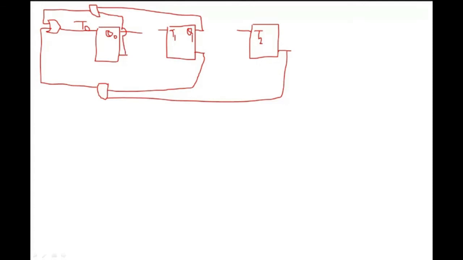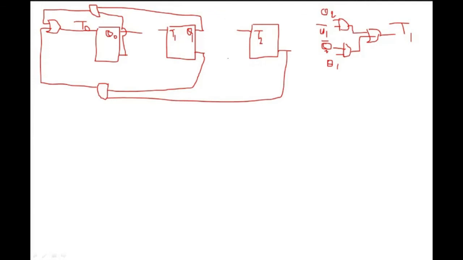Similarly for T1, it is Q2 Q1 bar plus Q2 bar Q1. So we will be using an OR gate again here, right? I'm just making a circuit here. So we will be having two AND gates and one OR gate, and my AND gate inputs will be Q2 and Q1 bar, and Q2 bar and Q1. So this will be going to T1, or you can use an XOR gate with Q1 and Q2, right? So that will be your T1. Similarly for T2, you will design the circuit.